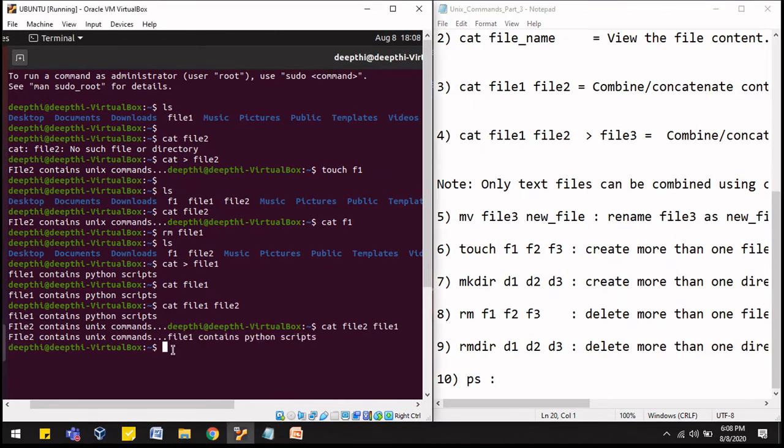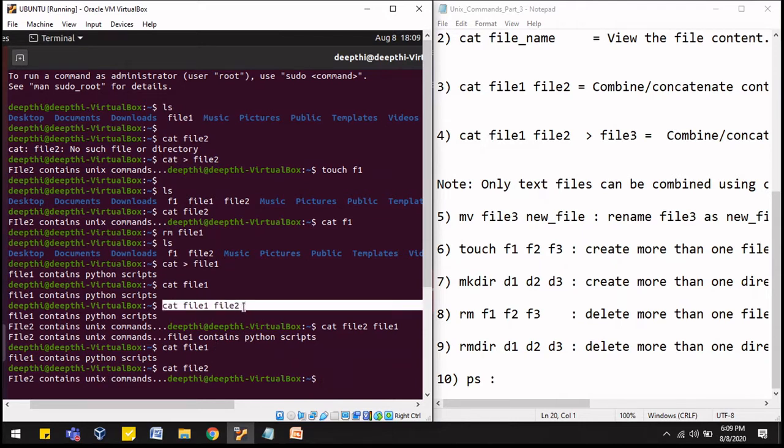So now coming to the next command, here we have combined the content of file 1 and file 2, but let's see what change has been created in file 1 and file 2. If I want to see whether there is some change in file 1 and file 2, let's see. No, file 1 is still containing whatever it was having earlier, and similarly see file 2. So file 2 is also having the content that it was having earlier. So what do we mean by this? It is basically merging both of them, but it is not reflecting the contents of both the files in any of the files. So file 1 is still having the content that it was having earlier, and file 2 is also having the content that it was having earlier.